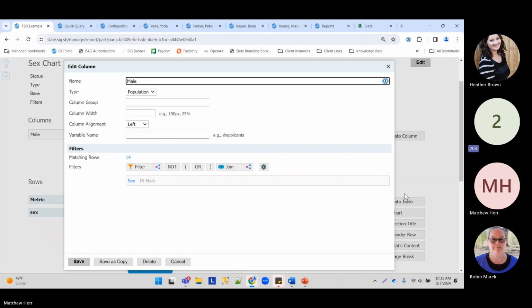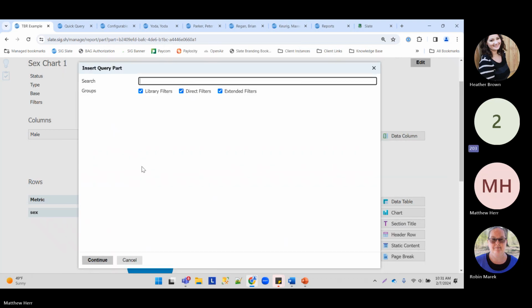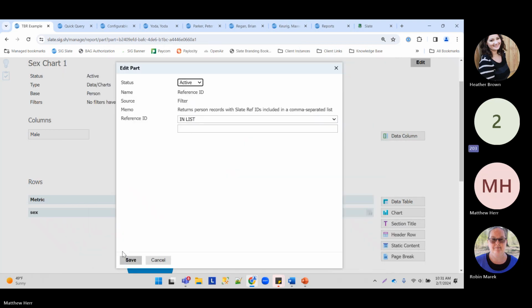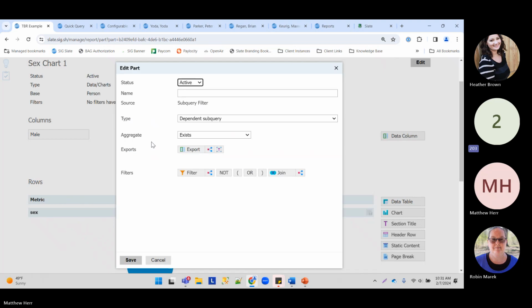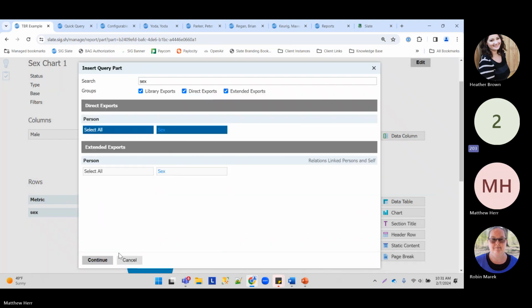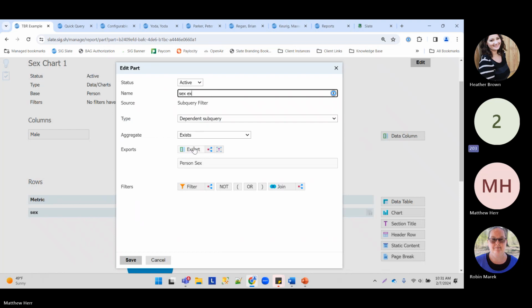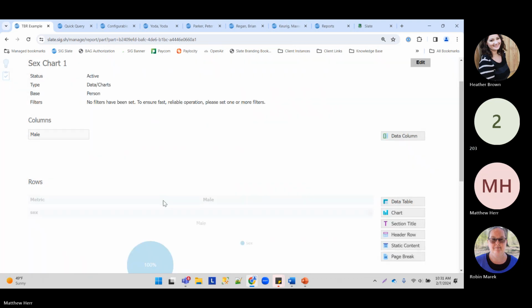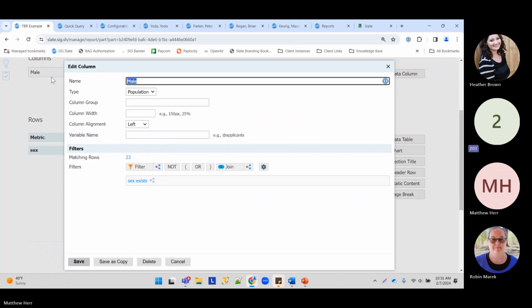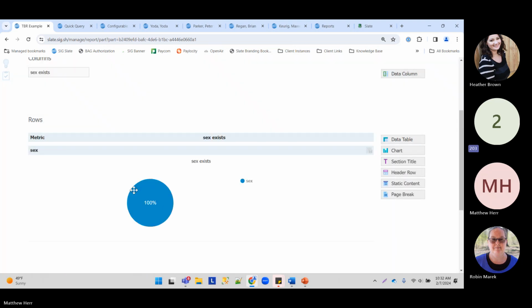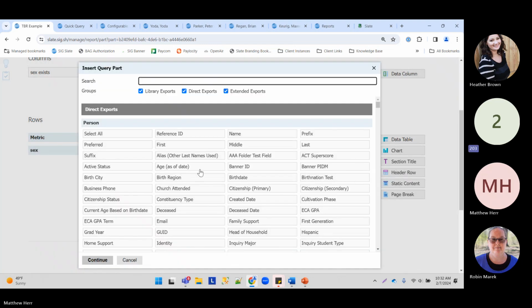Is that not what I want? I don't want sex there. I want ref ID. Just sex exists. Sex exists. 23 people have a sex that exists, and our exports here are going to be